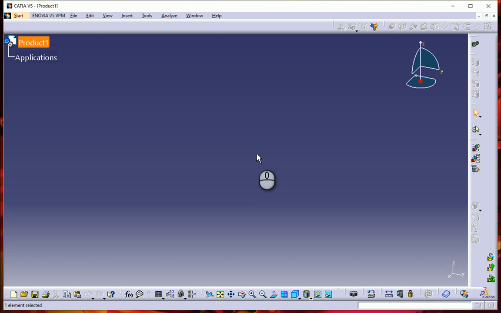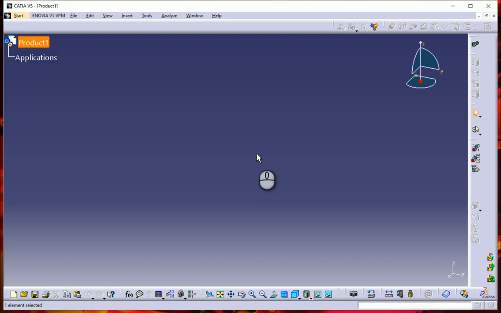So every time a revision is made or an upgrade comes out, it has certain tools which are more user friendly and more powerful than its previous revision. So that is what the R stands for, the revisions basically, right? Now some of you might be using CATIA V5 R16, or some of you might be using V5 R20 or 24. Every version or revision has approximately the same kinds of features, right? But the newer ones have some additional features which you might not find in the previous versions.